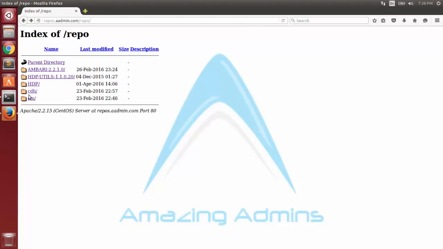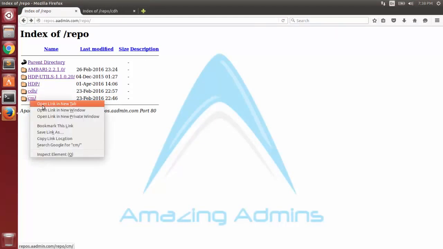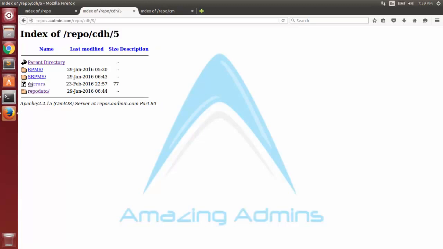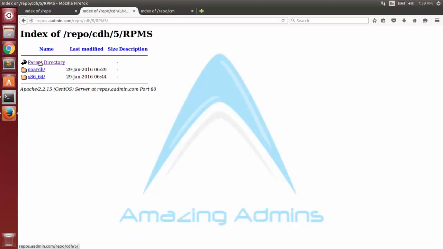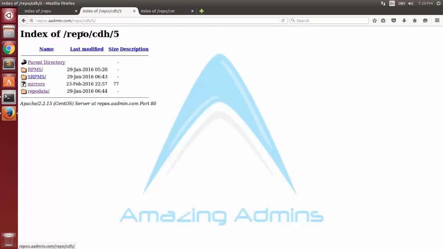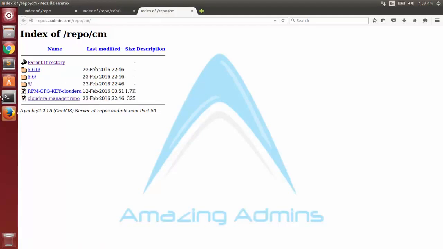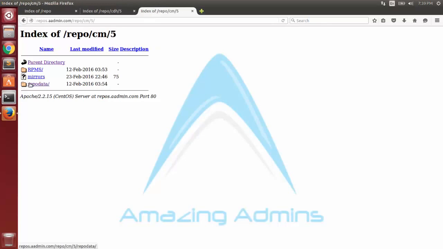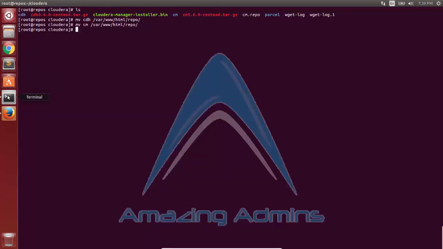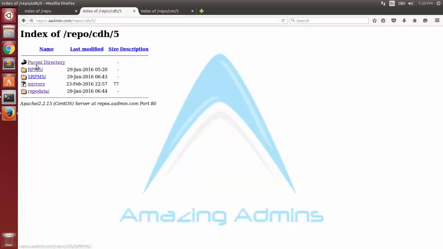If I refresh the web page, you can see that CDH and Cloudera Manager are listed there, and the repositories are available here. RPM GPG key is also available, as you can see here. And this is the folder whose web link I'll have to give, as the repo data is here. The rest of the folders, 5.6 and 5.6.0, are links to the same folder. The contents are the same, it's just that the links have been created, so it doesn't make a difference. You might be thinking that multiple copies are created, why is it? Nothing like that. One is a true folder and the other two are just links.